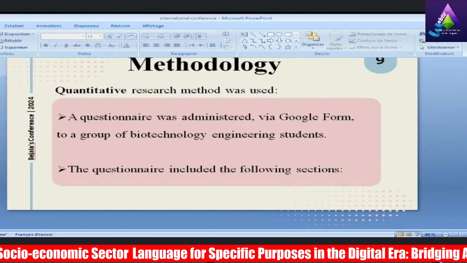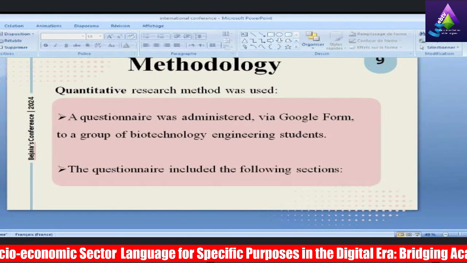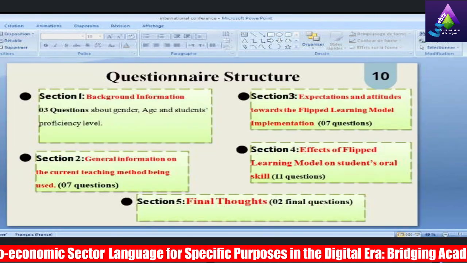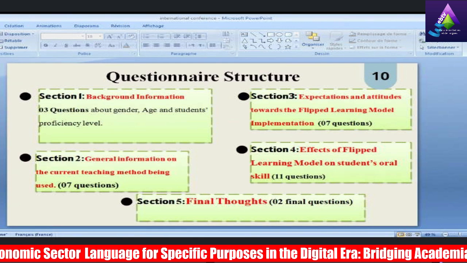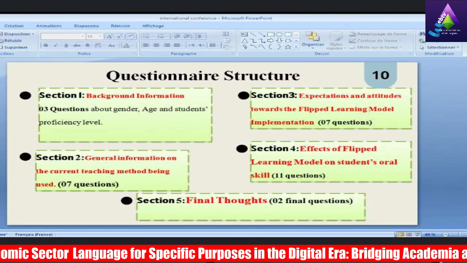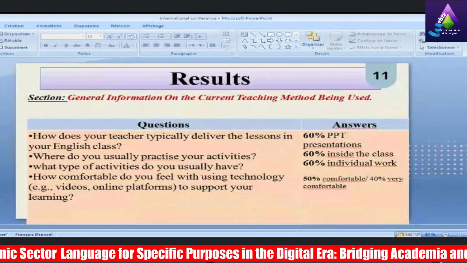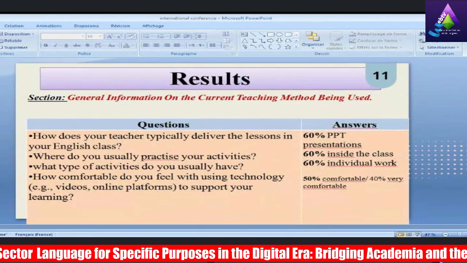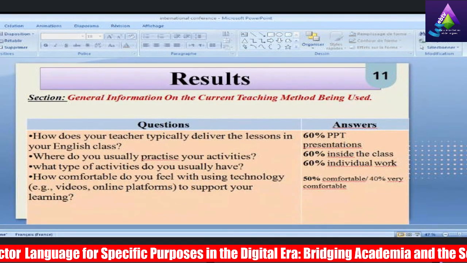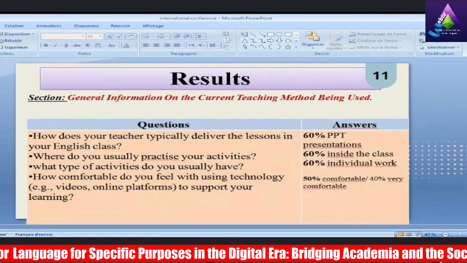Now the slides. Yes, the questionnaire includes five sections, each targeting a different type of question. I have just gathered results for some sections, like the section titled General Information on the Current Teaching Method Being Used.